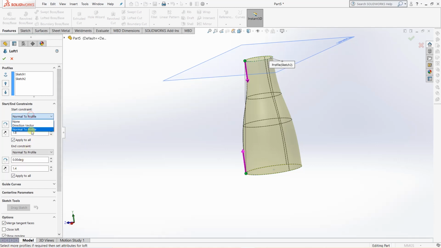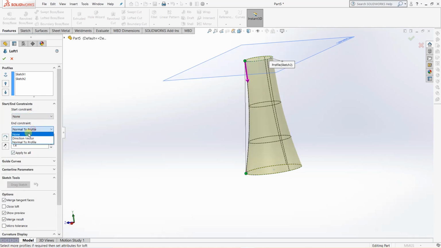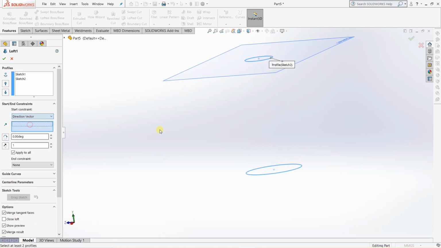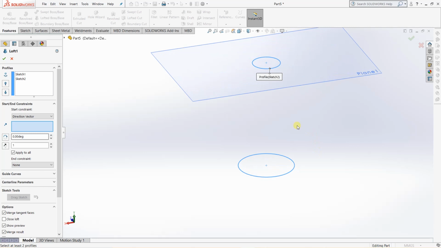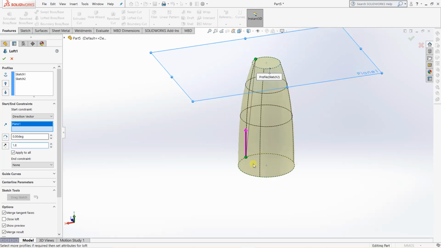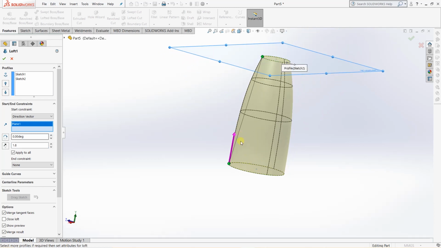Now we will head towards the direction vector. Since both our sketches do not contain any line or any linear type of sketch here, we can select plane, but by selecting the plane, what the loft will do is create the same shape as that of the normal to profile option.